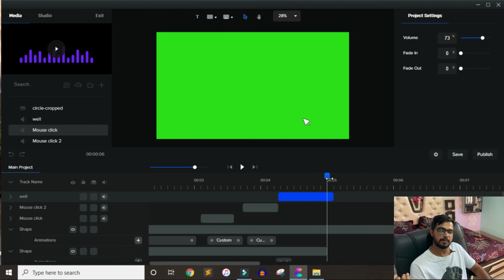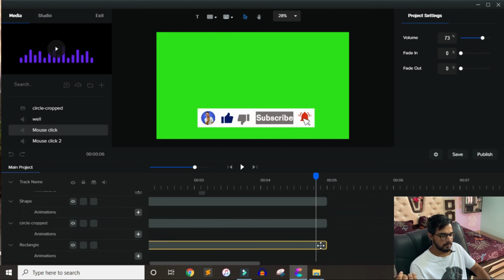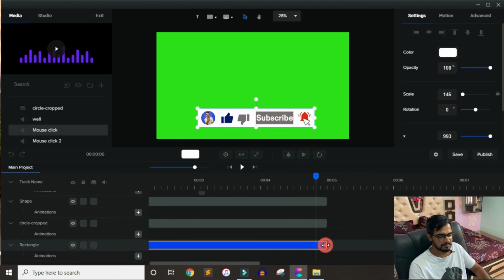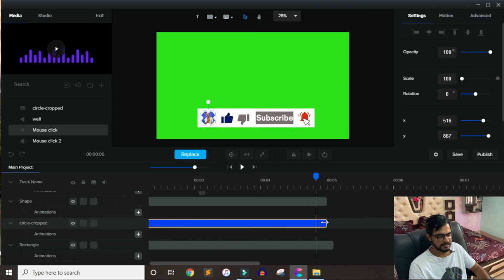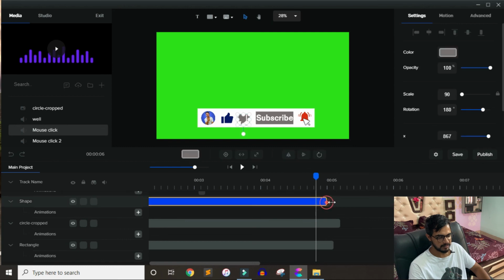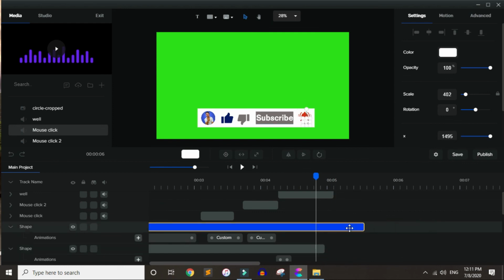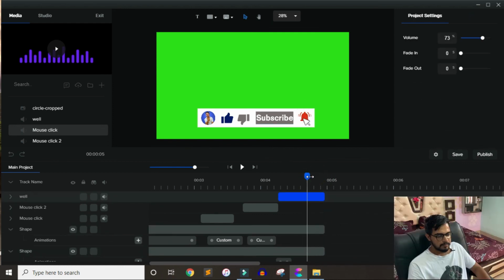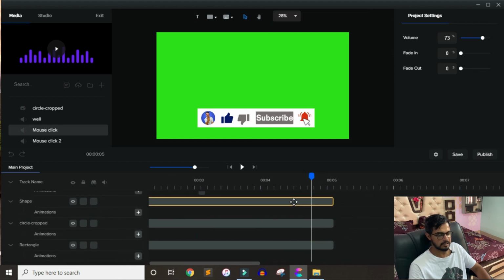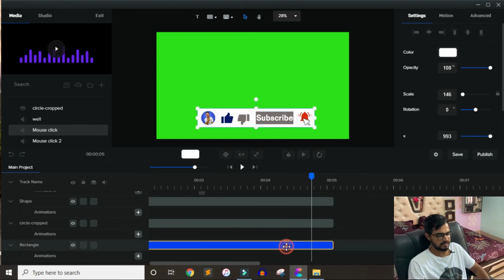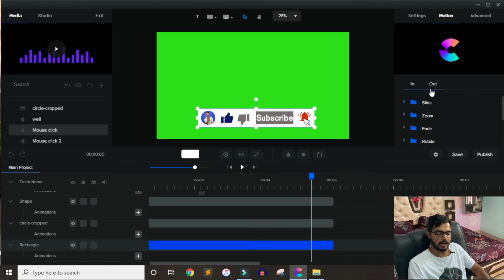What I will recommend is to apply an animation. For that, make sure you increase the size a little bit. I'm going to make it up to 5 seconds. Everything has been done. Now for that thing you can apply the same thing, that it goes to the bottom, or any other animation, it is up to you. But what I'm going to do for that rectangle, I will again go to the motion. Now this time I will go to the out, again in the slide, and this time we are going to apply bottom.